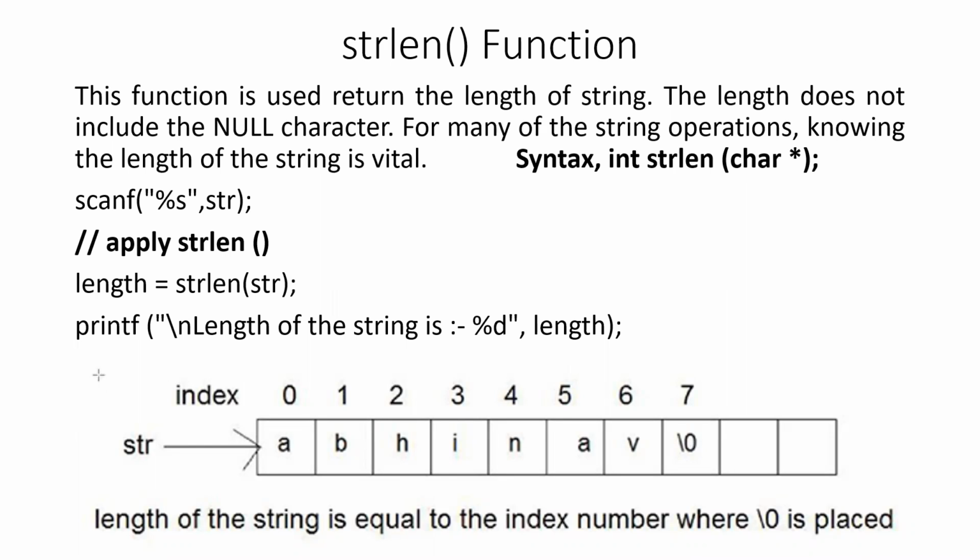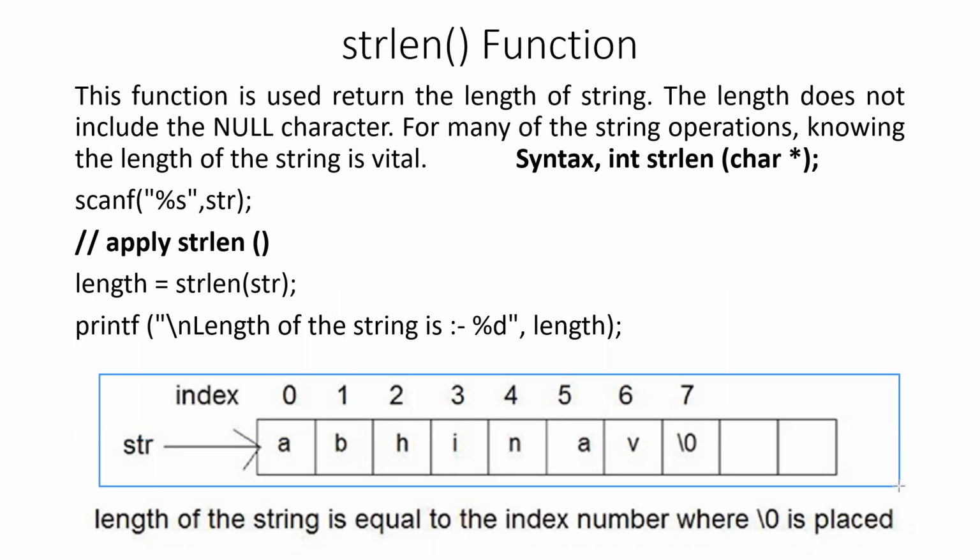If you look at the figure below right here, you can see that the total size of the string is 10, starting from 0 up to 9. But the value stored in the string variable is less than 10. So it does not necessarily mean that if you have created a string of size 10, the value stored inside the string will also be of size 10. So there might be a difference between the length of the string and the size of the string. So how can we find the length of the string?